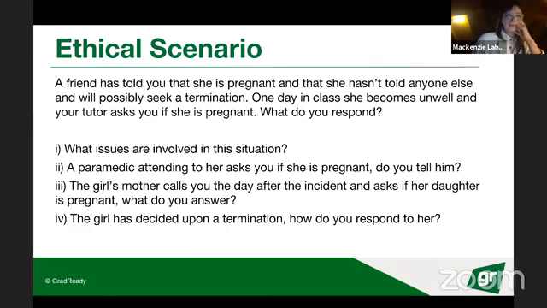That comes up in the next question, when they give you a paramedic attending to her who asks if she's pregnant, do you tell him? I think it's reasonable to ask for more information if you can't quite make the call with what they've given you. In this context, I'd probably want to know